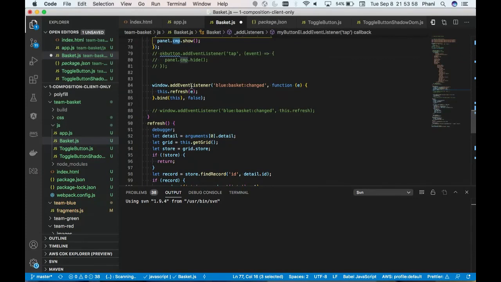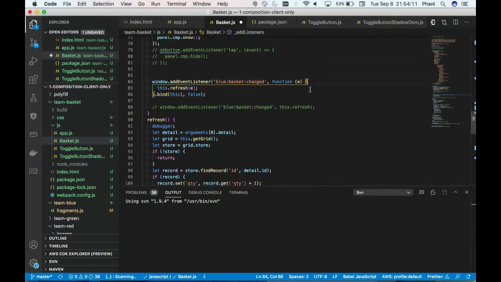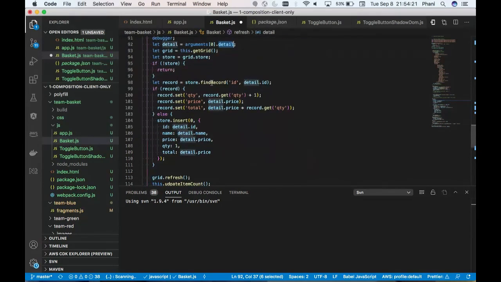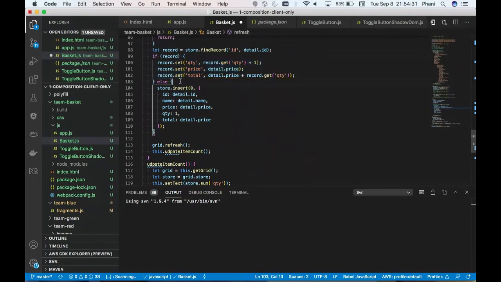And then adding one more event listener to the window, for the event published by the blue buy button, blue underscore basket underscore changed, which we would listen to and then call the refresh method. Refresh method would fetch the detail object from the event, and then get the grid store and find the record. If the store already has this product, then change the quantity, price, and total price. If there is no record with that product, I mean, the first time we are adding the product to the cart, then insert the data here